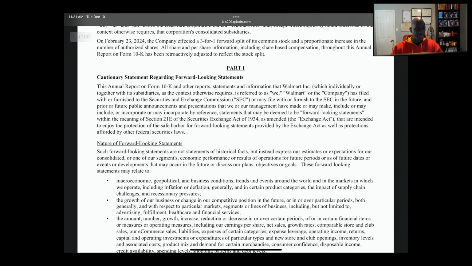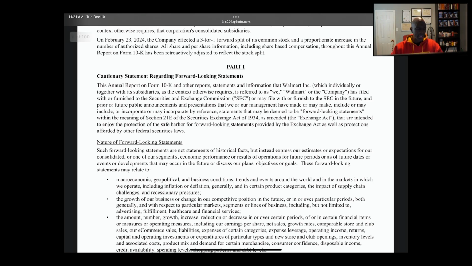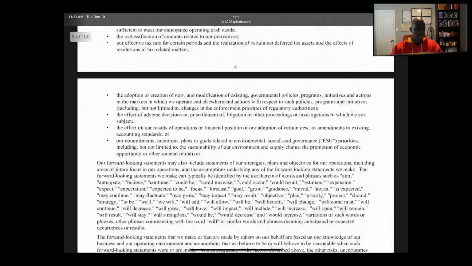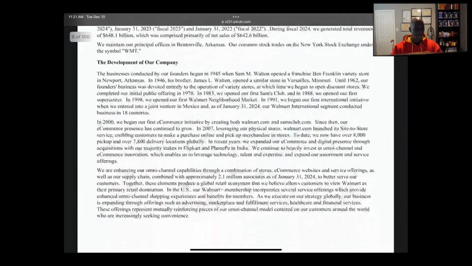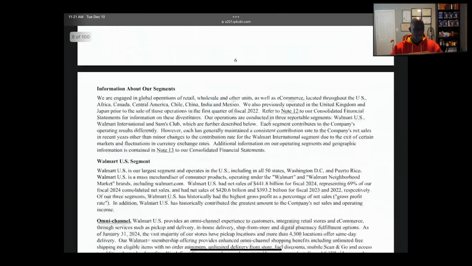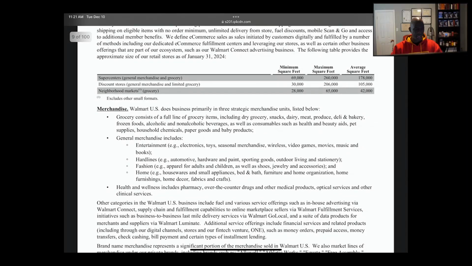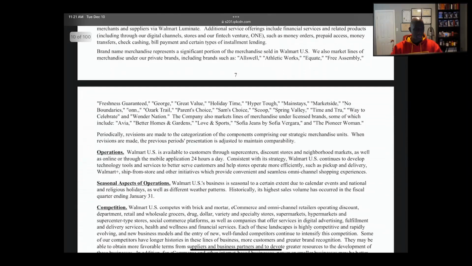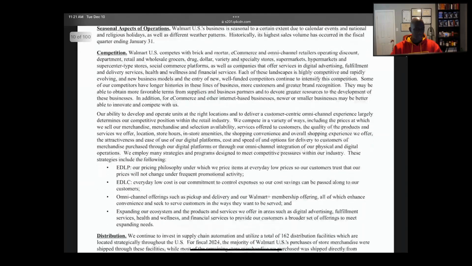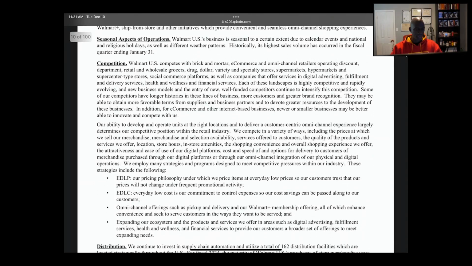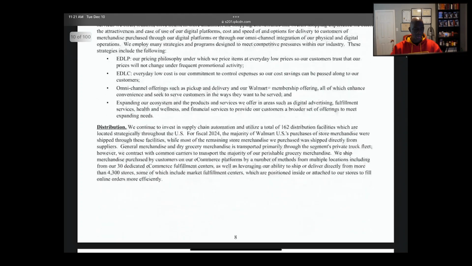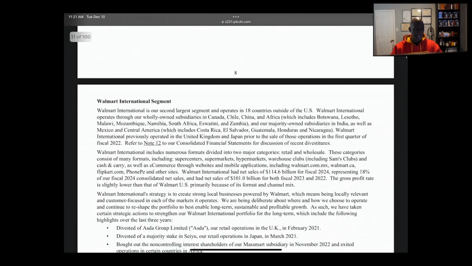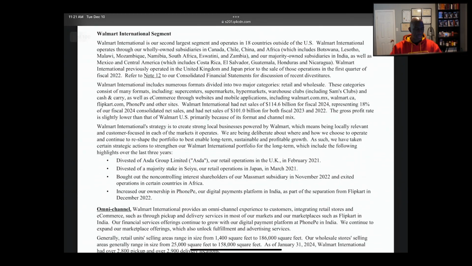If I were going through a brand new customer, and it's calling that customer Walmart, I would come through and see what information is important for this particular customer. Development of the company, and again, this is all just information here about the company. Looks like aspects of operations. Walmart's business is seasonal to a certain extent. That's just information for the investor. Walmart international segment. Now we're getting somewhere,